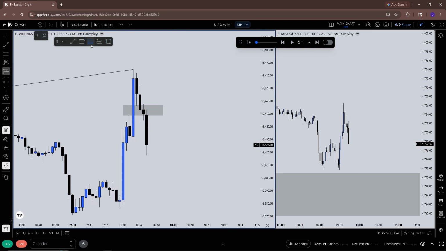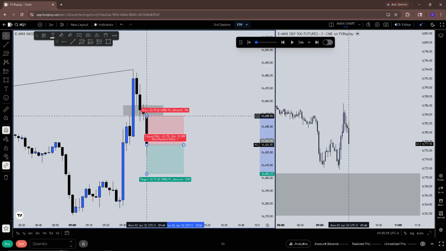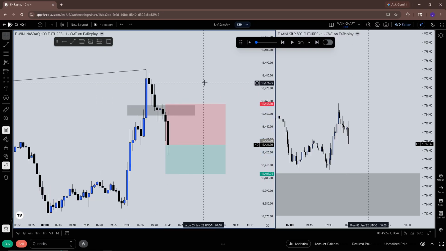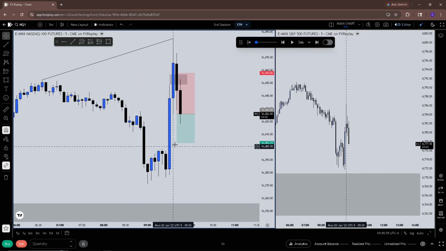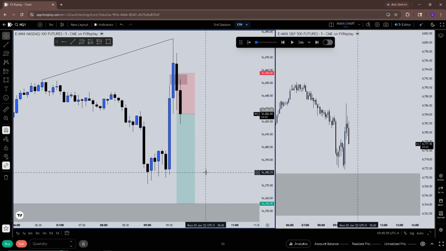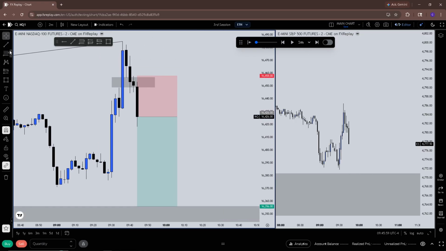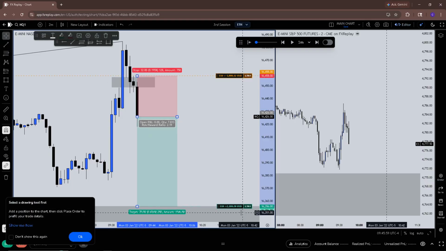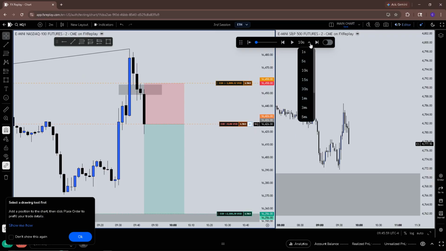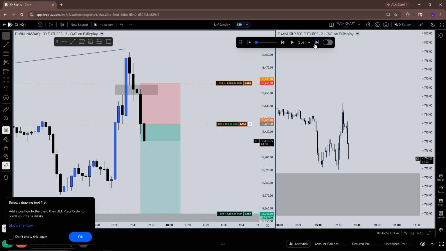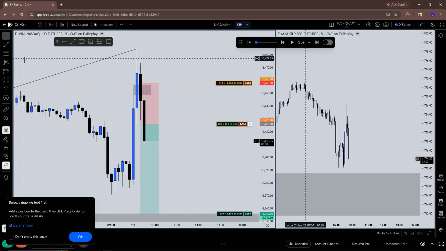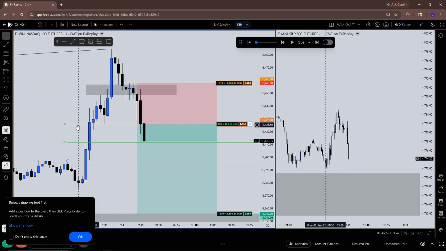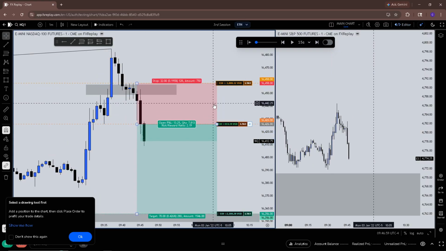It's just inside this 5 minute, which is not ideal, right? It's not really what I want to see. We do have not really any inception gaps. I do kind of think we continue pushing lower. We could try this. I genuinely would want to take it break even at any sort of profit though. So we'll see. Just a little bit further into the 5 minute, see if we're at equilibrium. Yeah, we tap equilibrium. I'll probably just go break even here just because we're inside this 5 minute.